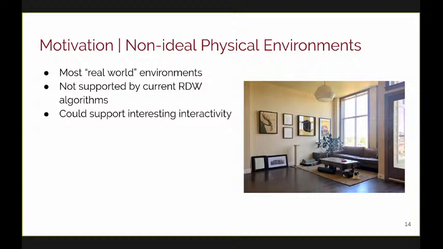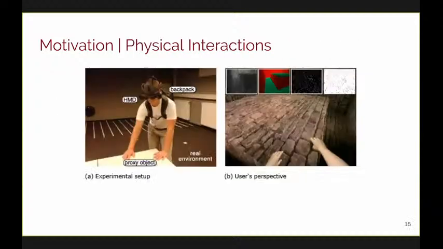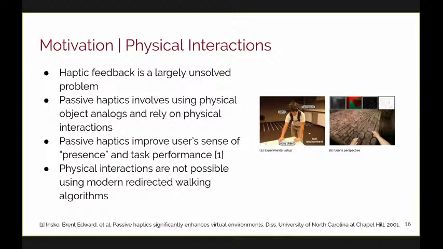At the top of my talk, I mentioned that I was going to address two limitations. And so I want to get to the second one real quick. The second limitation I want to address is the lack of accommodation for physical interactions. There are a lot of reasons why a VR user may want to interact with the physical world. One of the more compelling of these is passive haptics, in which a physical object is used as an analog or a proxy for a virtual counterpart.